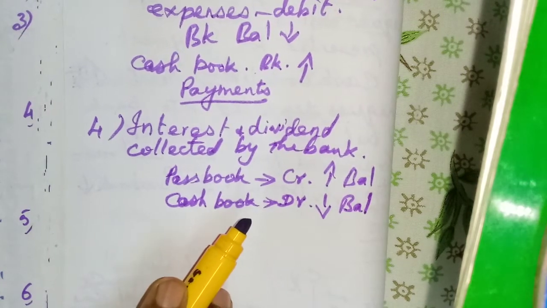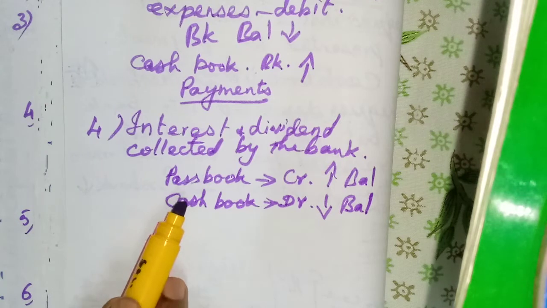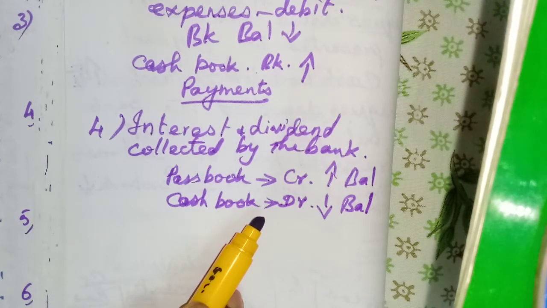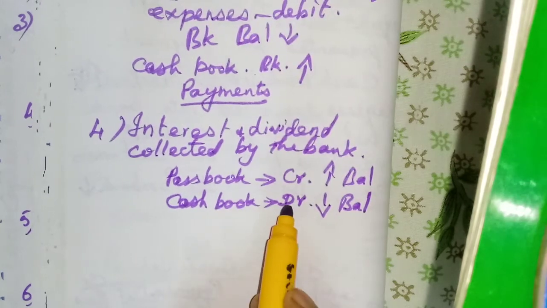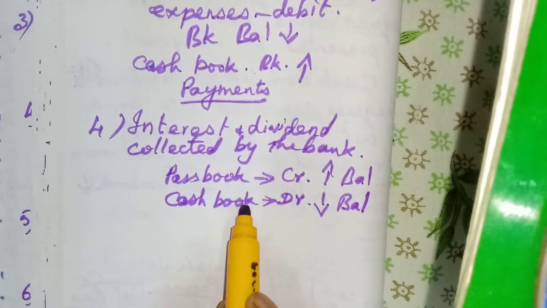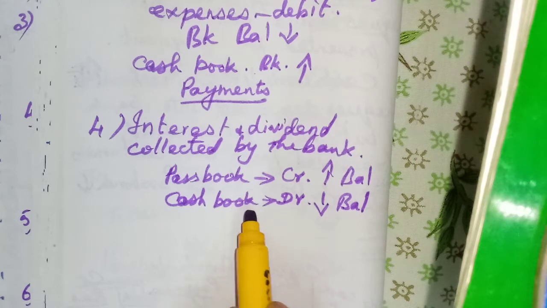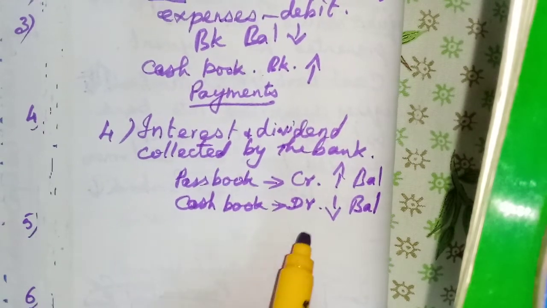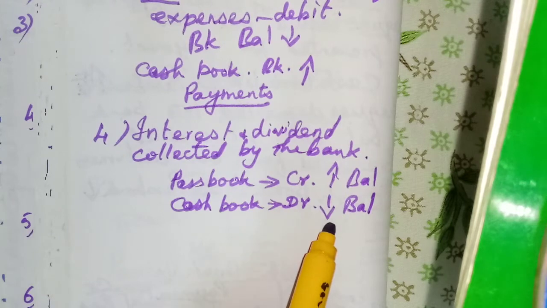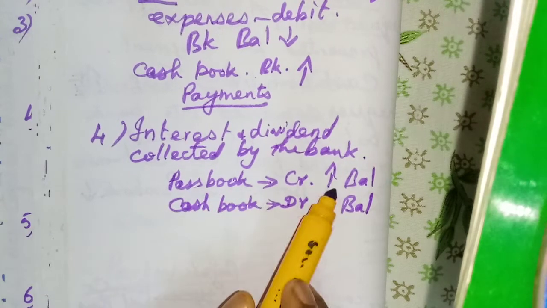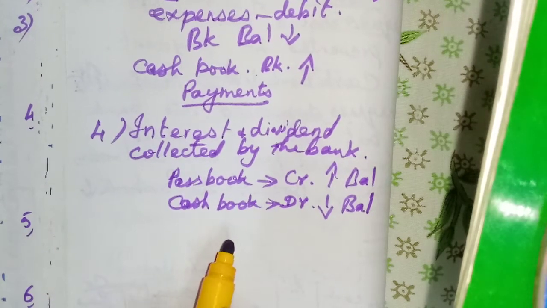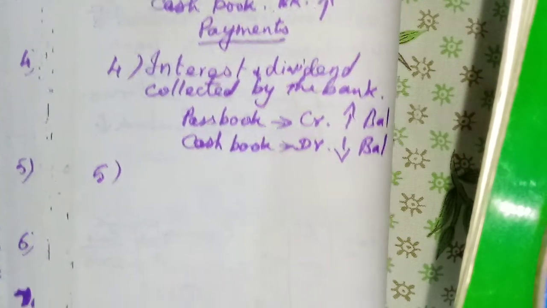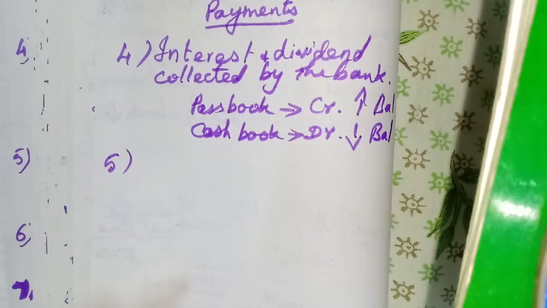Here, we will make the entry once we get the passbook statement, the statement from the bank. Only if any entries are made in the passbook can we come to know, and then we will enter in the cash book. Until then, the cash book will show less balance and the passbook will show more balance. That is why the difference appears. Then the next one,